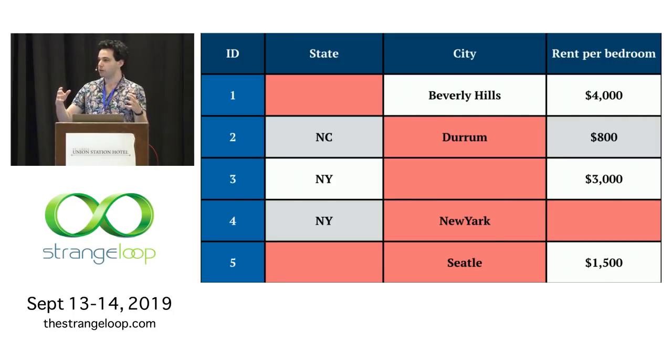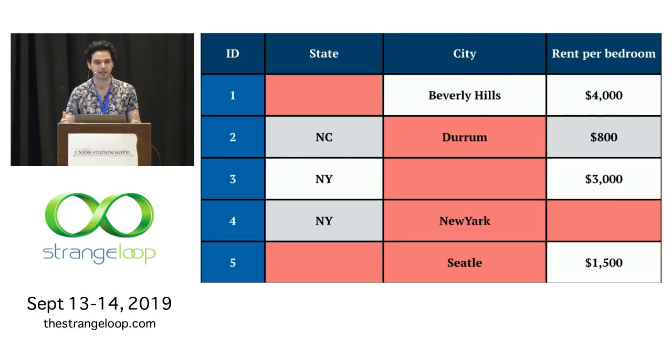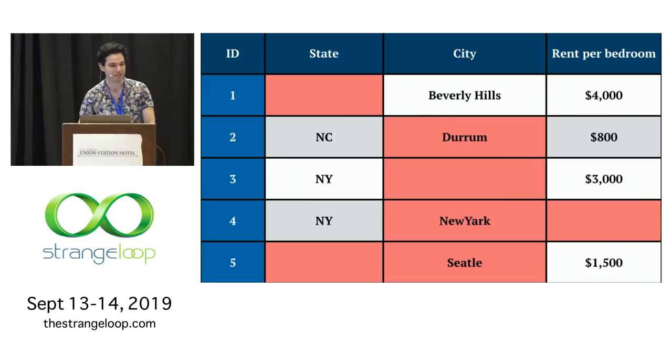And this middle row, row 3, we can't know for sure what should go in that cell, right? It could be any city in New York. But it's a pretty good bet that it's New York City, for 2 reasons. Number 1, New York City is the most populous city in New York, so if we're assuming that users are coming to our website in proportion to the populations of those states, that would be a pretty good guess. And also, how many cities in New York do you pay $3,000 a bedroom to rent an apartment, right?